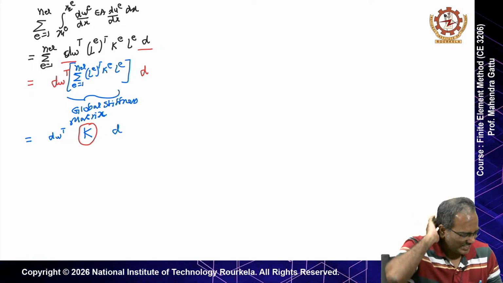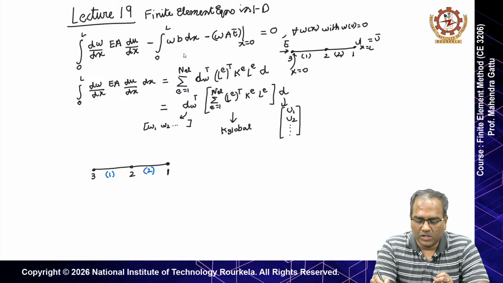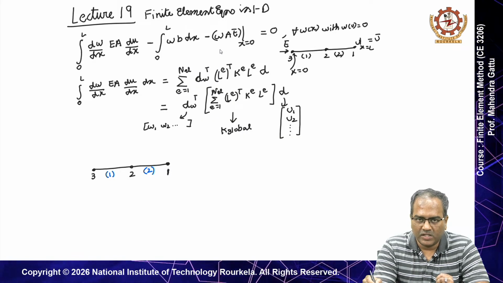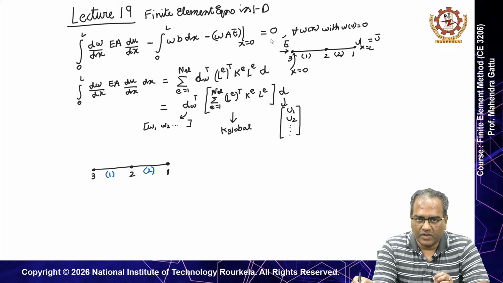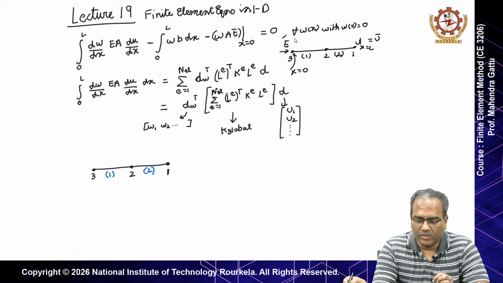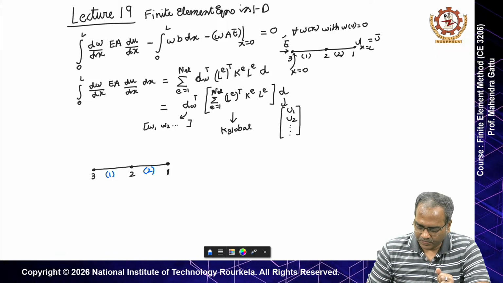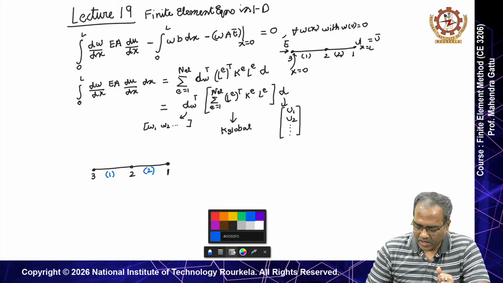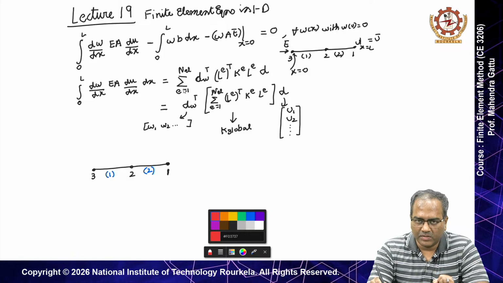Element force matrix: integral of dW/dx A du/dx minus integral 0 to L of WB dx minus WA T bar at x equal to 0. This is satisfied for any W of x with W of 0 equal to 0. So, we looked at the first term of this expression, and we saw that we can write it in this form as summation over